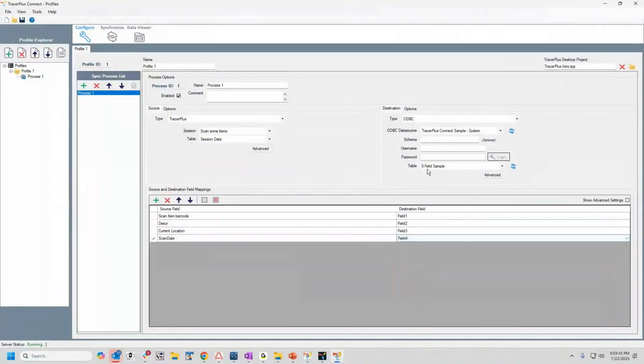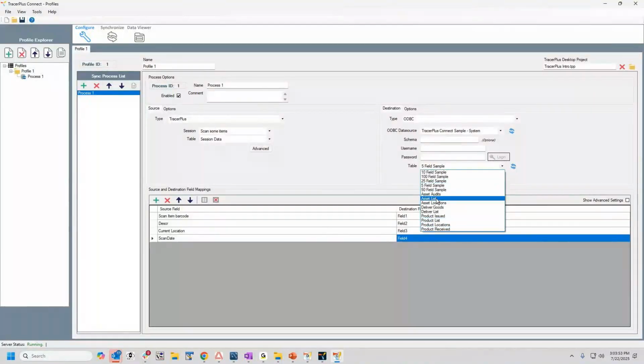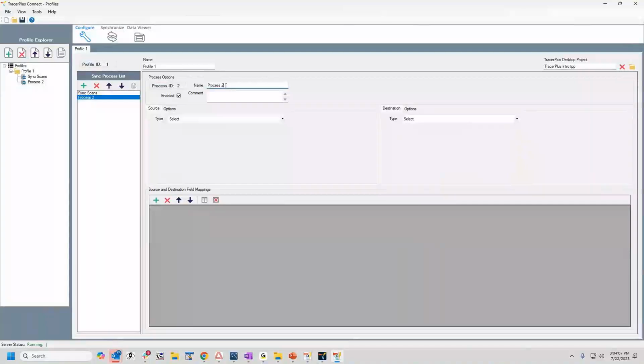These field names are being driven, of course, by the database table definition. In our sample database, they are just field 1 through field 5, but if I used a different table, it would be something different. So that's all there is to it. Similarly, let's call this sync scans. So similarly, I could update item master to device,